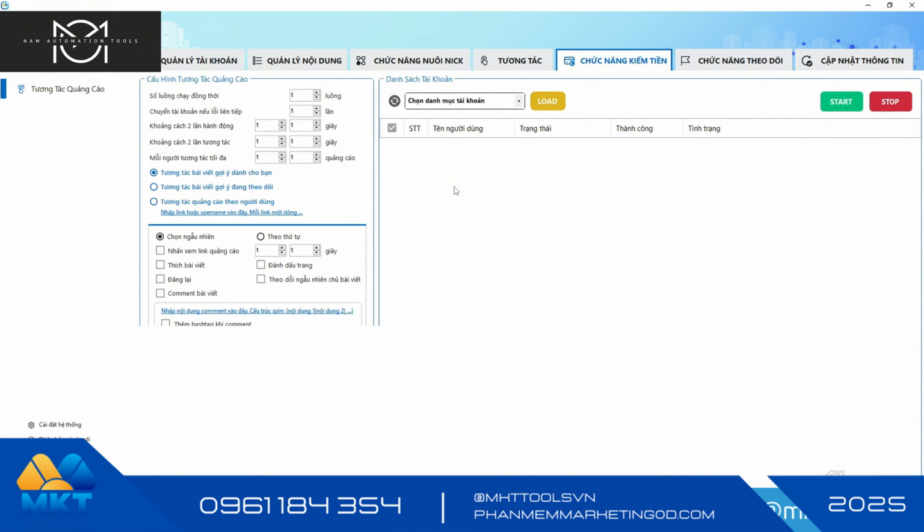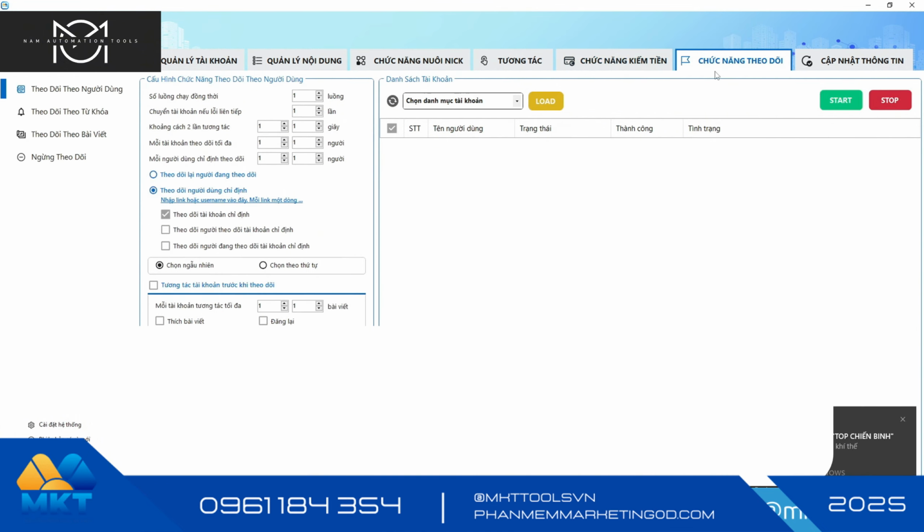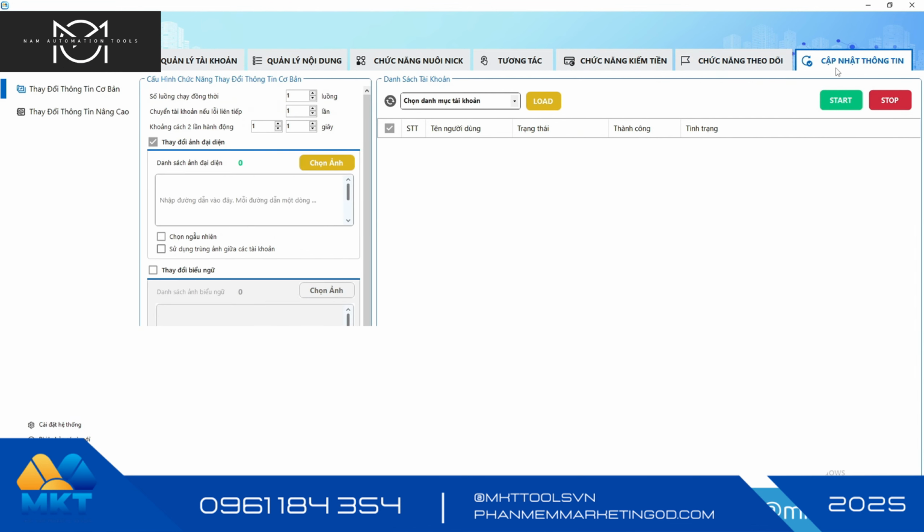There's also a function to make money on Twitter. If it can help you, click on the link of account X that has a green check mark. The tracking function is that we can track users by keywords. For example, the last function is updating.